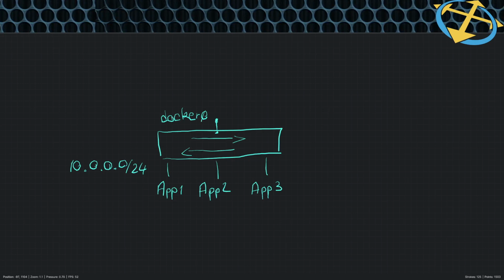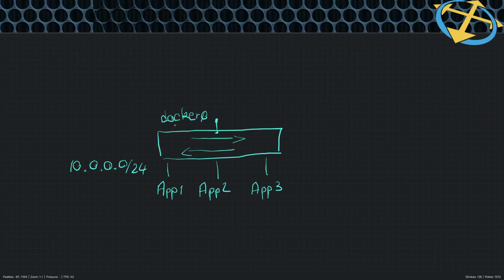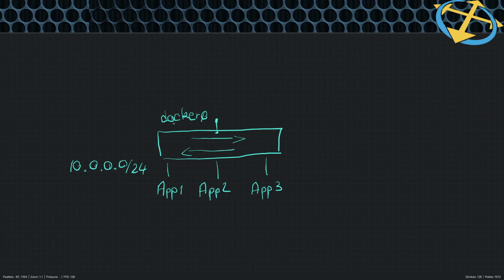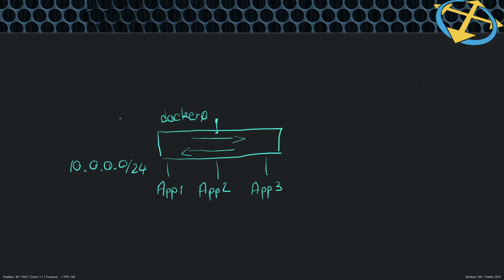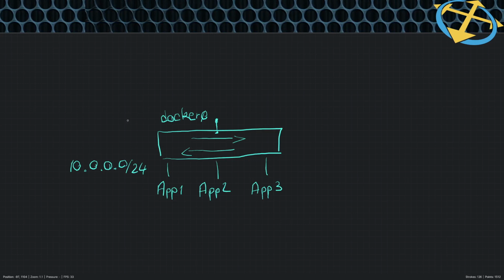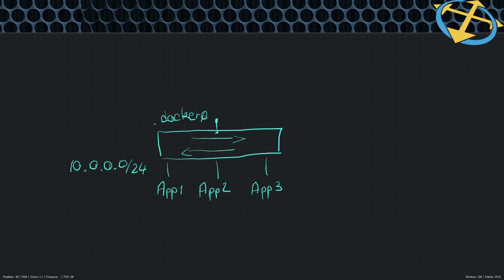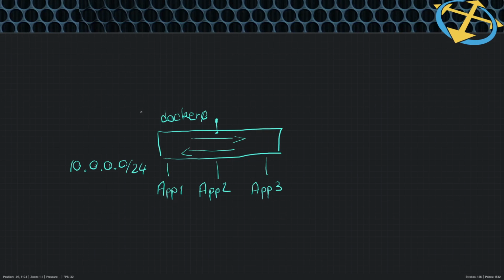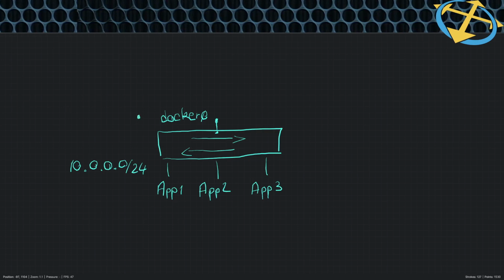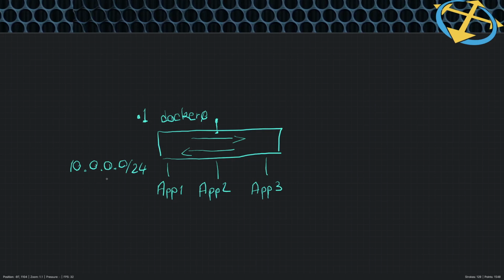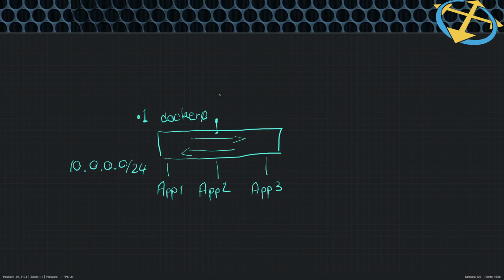This is actually the bridge object on my Docker host, which is also a layer 3 interface, and it's functioning as a default gateway for all these apps. So let's say that this has the .1 IP from this class, from 10.0.0.0/24, and